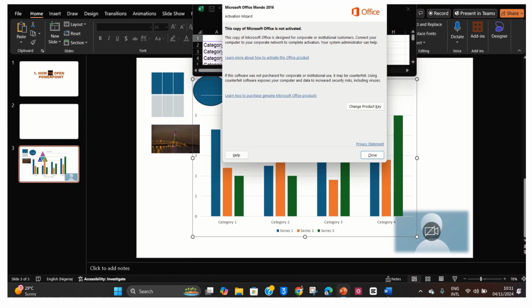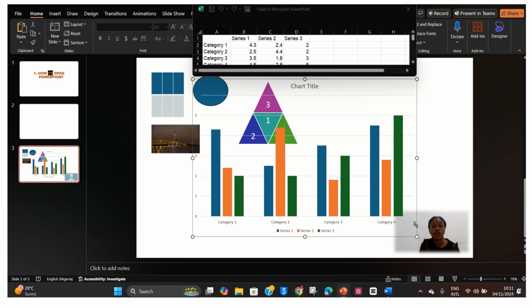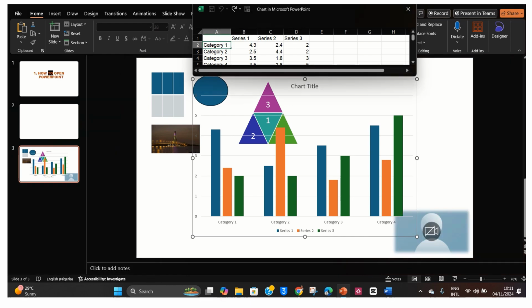The chart is also represented here, and once you see the chart represented, you will see that it opens up a mini Excel sheet where you can change the figure or change the text. So if you look over here, you see category 1 to 4, series 1 to 3, and then figures all around it. So on this Excel sheet that is open, you can now rename it and say, let's say PPT 1, or maybe PowerPoint 1 beginner. Let's see,